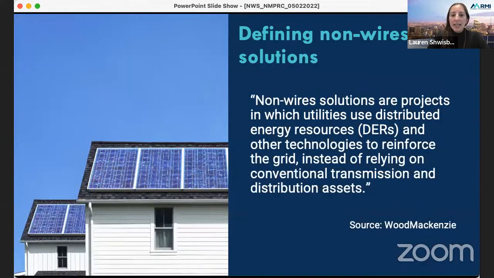Before we get into the content, I just wanted to offer a definition of non-wire solutions for those of you who may be less familiar with the concept. The definition that I pulled here is from Wood Mackenzie. Non-wire solutions are projects in which utilities use distributed energy resources and other technologies to reinforce the grid instead of relying on conventional transmission and distribution assets. I thought this definition really captures the main idea here, avoiding traditional grid investment by using